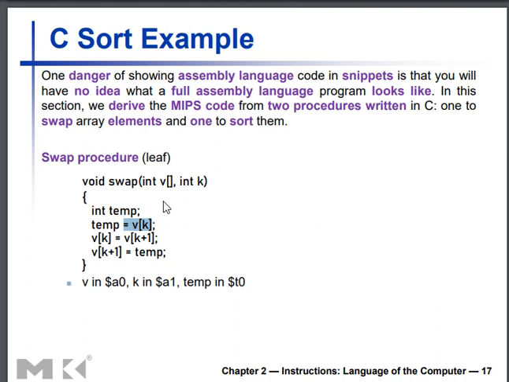So the procedure takes two parameters, the first of which is the array address, the beginning address. You know, the array starts from somewhere; that is the beginning address. Plus K means the index. Can you see here? Index, inside the bracket I am using. So that is the K value.